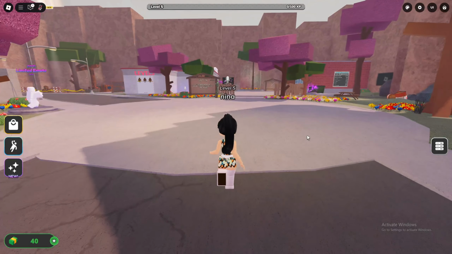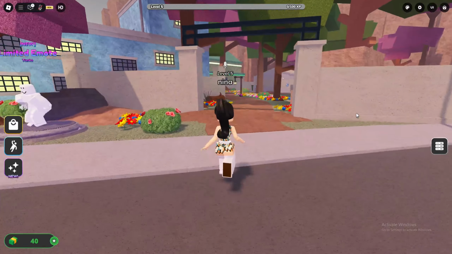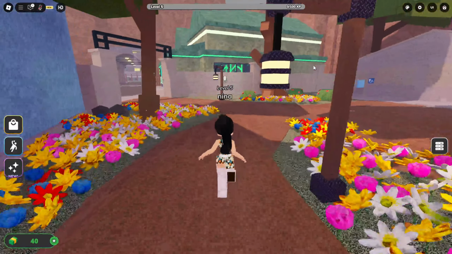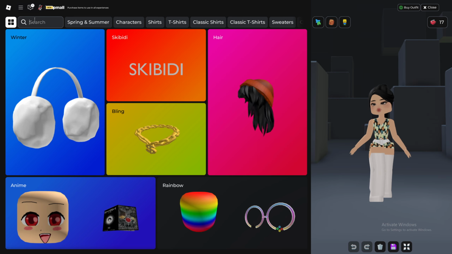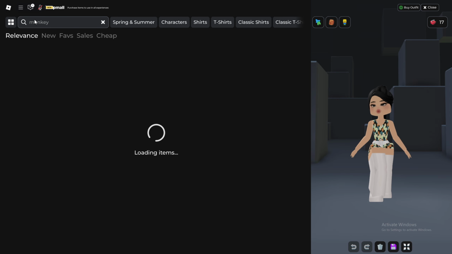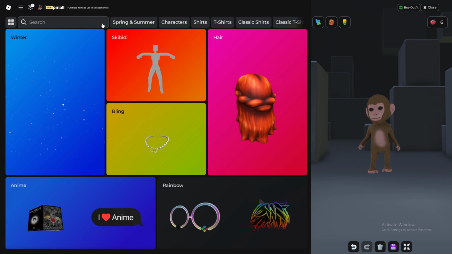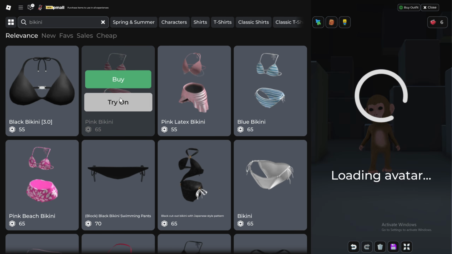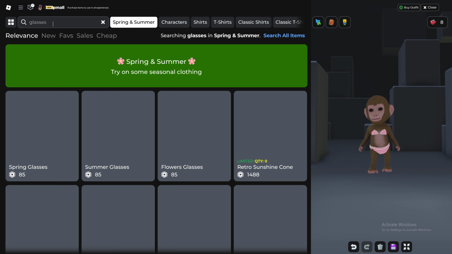But you can actually, I didn't know this, you don't have to purchase the avatar. I'm just going to record myself here. You can go up here, and people use this one, the baby monkey one, try on. I don't know the exact bikini this monkey uses, so I'm just going to randomly pick this one, then some glasses, like sunnies,